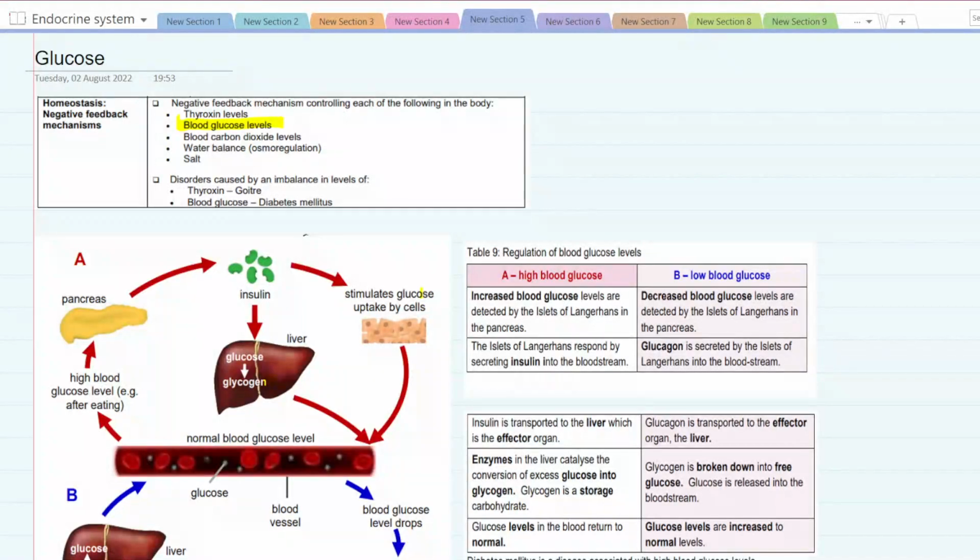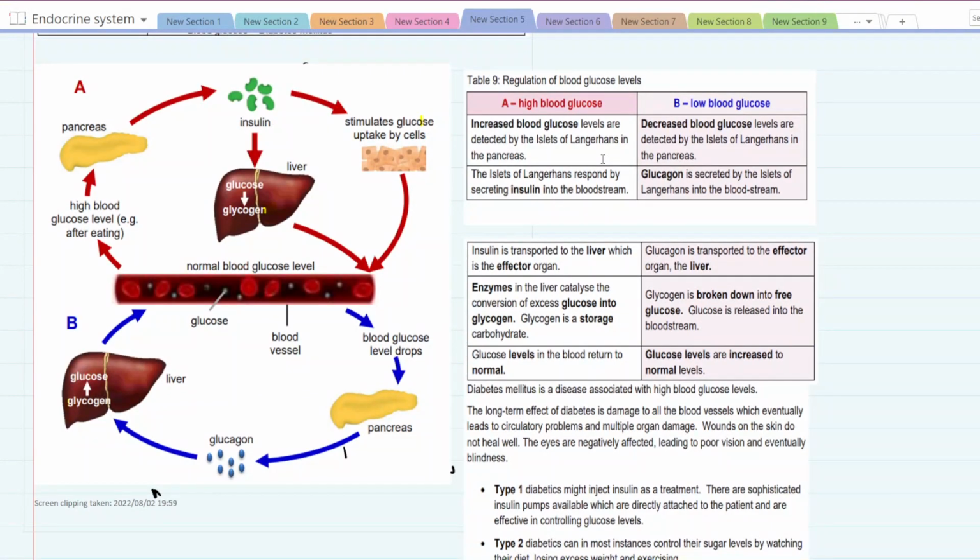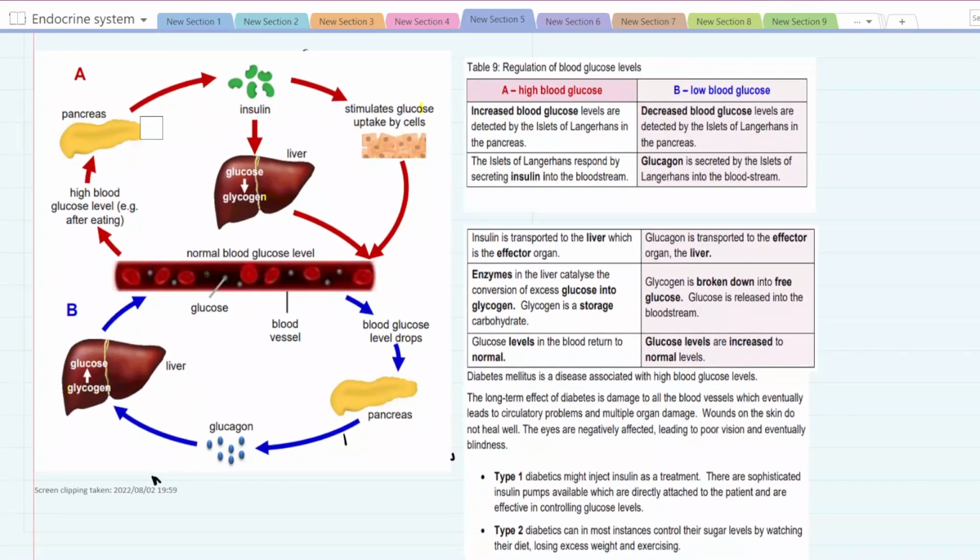Now we're going to have a look at the second homeostatic process that takes place in the blood, and that is going to be the blood glucose levels. And with the blood glucose levels, there are several things that you need to understand here. Right, so this is happening in the blood. You have glucose, and how do you get the glucose? You get your glucose from your meals, and remember, always when you are eating, your food contains normally your